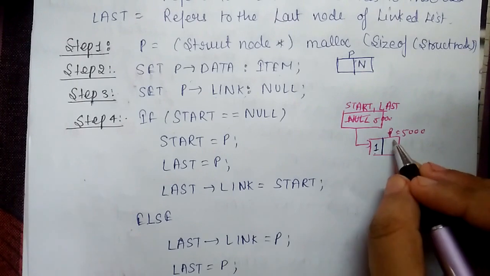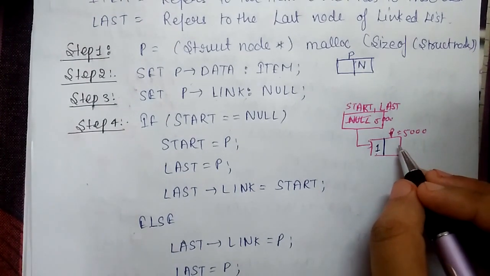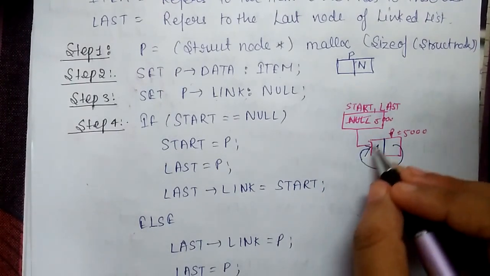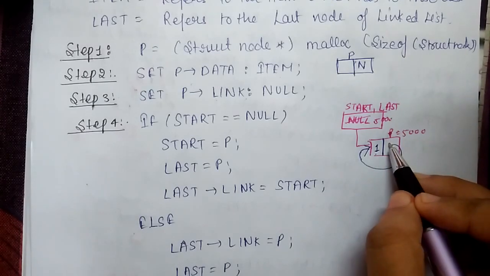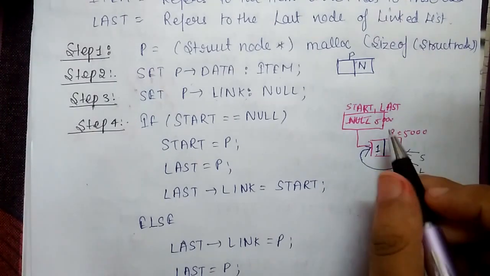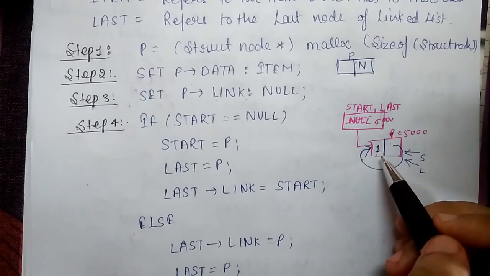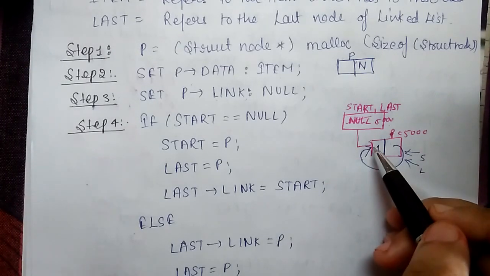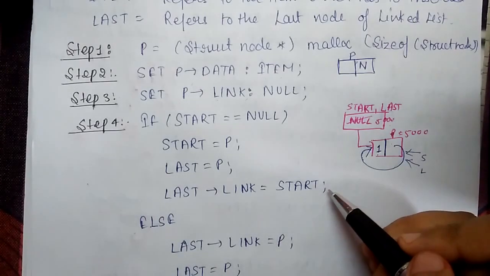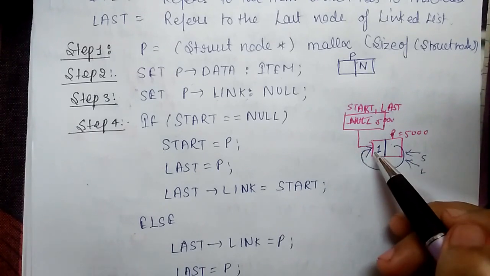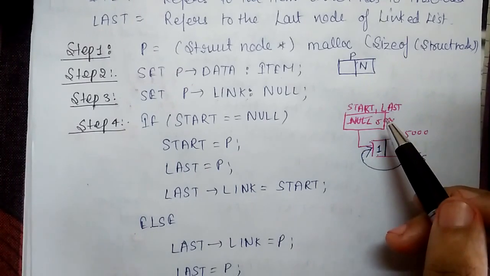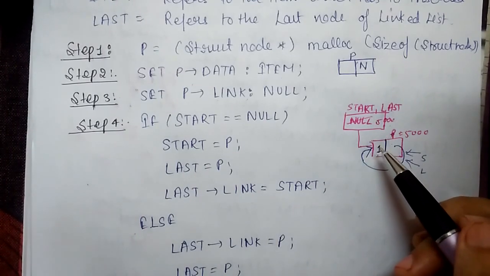Now this node will be inserted into the linked list. Suppose the data part is 1. In the link field of P we cannot have null, because we are dealing with a circular linked list, so it contains the address of itself. This is the start node and this is the last node, because start and last both have 5000, so both are pointing at this node. So in the last link we will have the address of start, which is the common statement in a circular linked list, so that it is connected to itself in a circular manner. This is the case when we have no node and we create only one node in the linked list.